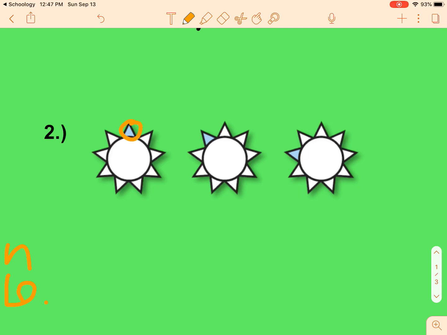I see this part is highlighted here, but then in the next one it's highlighted that way, and then the next one it's highlighted there. What is happening to the highlighting every time? First one it was here, and then it moved to the left, and then it moved to the left again, so it is moving counterclockwise. So the highlighting